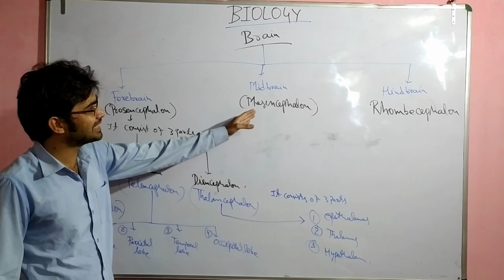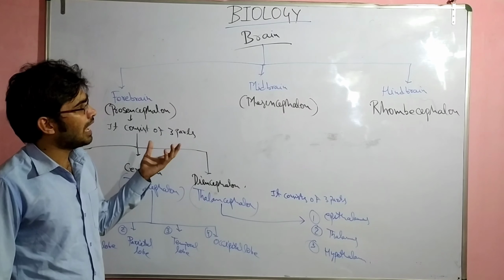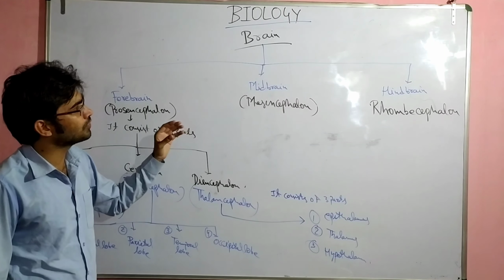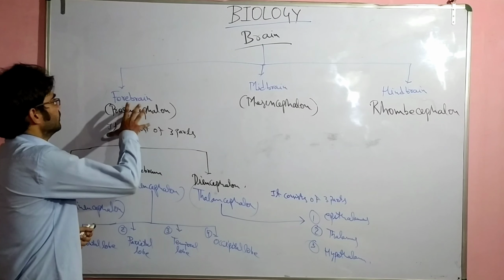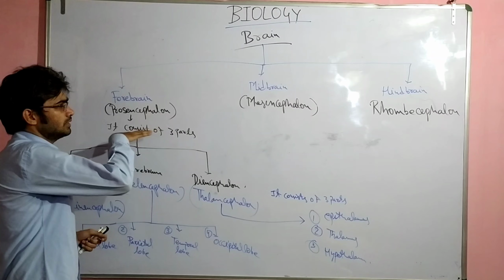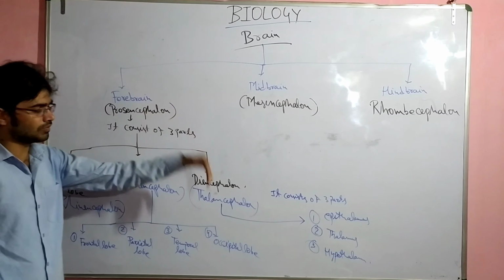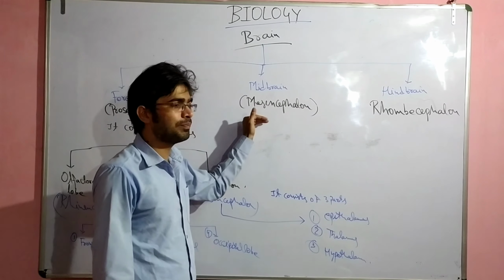Now come to the mesencephalon. This is the midbrain, and it is a very short part of the brain. It is almost covered by the forebrain, meaning the forebrain comprises all these three parts. It consists of cerebral peduncles